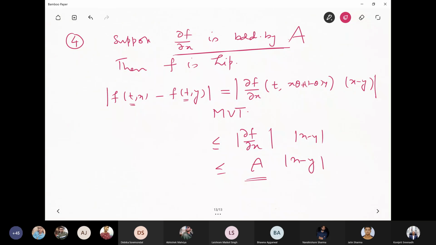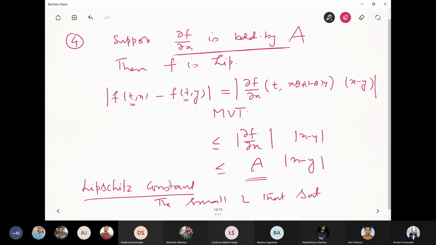But the Lipschitz constant itself has a definition. The Lipschitz constant is the smallest L that satisfies